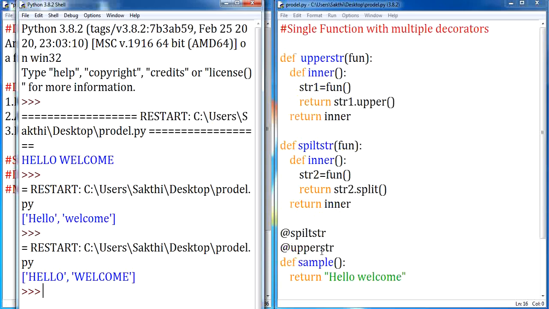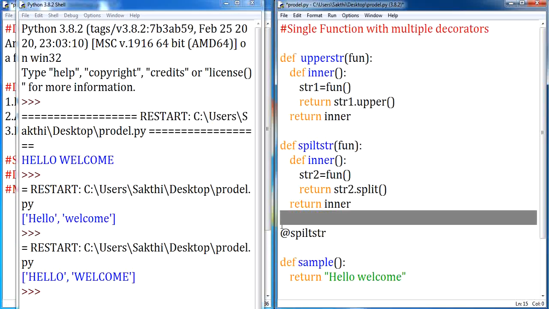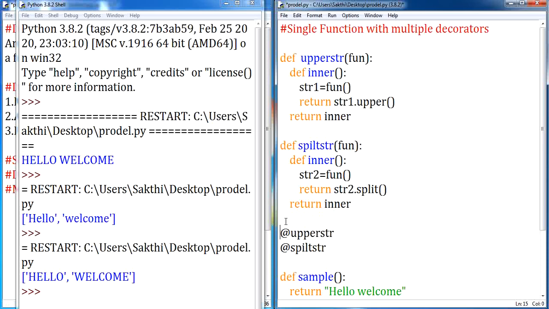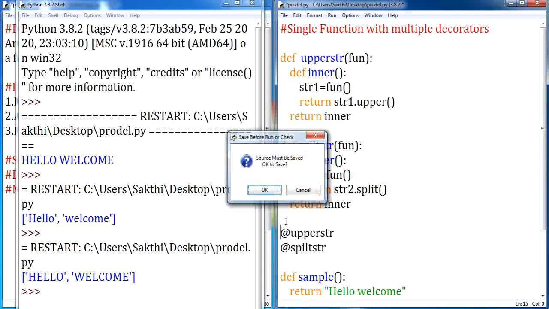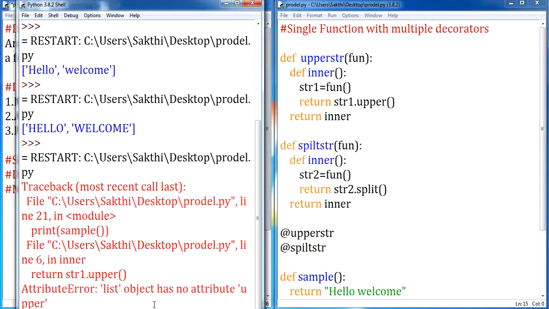The reason is, if you give the split method first, followed by the upper, what happens in this scenario? If you are giving it like this, let me execute and show you what happens. It will throw an error. The reason is, first the split will be applied. If you are applying split, the data will be split and it will be two words. If there is more than one word to be processed in a function, I need an iterator to iterate over the data and do the operation.